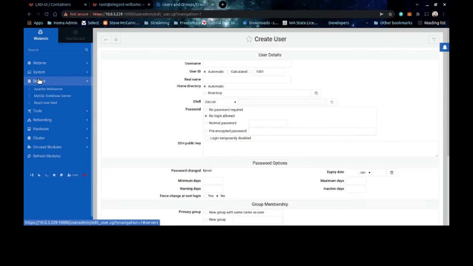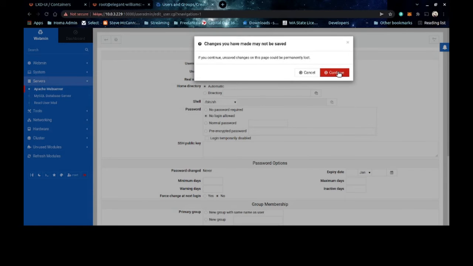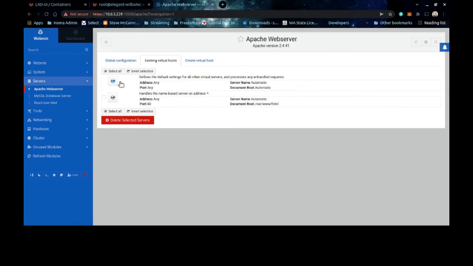We got servers here. As you can see here, this is a LAMP server, Linux, which is, we're already running, along with Apache. Hit continue, we're not saving anything. So by default, Apache is essentially already up and running, because that's how we're actually accessing this interface anyway. You'd have to have some type of web server running. So, but as you can see here, by default, existing virtual host right here,